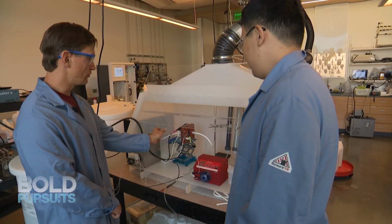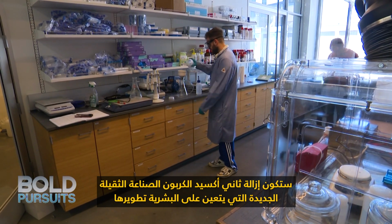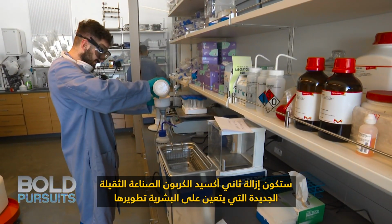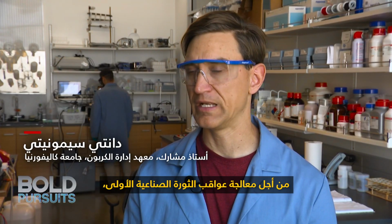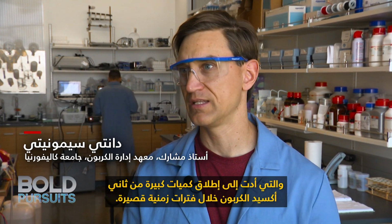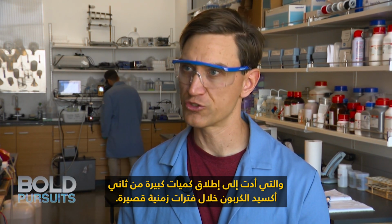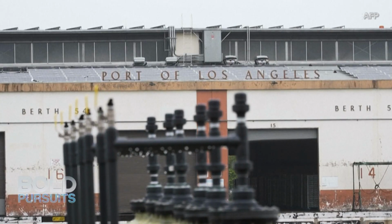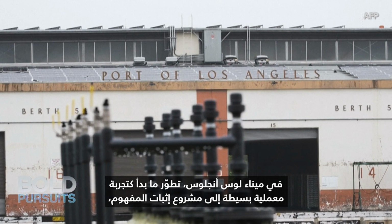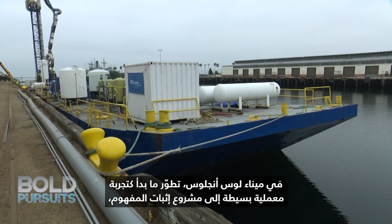This little flat cell represents this definitely will be its own industry going forward. Carbon dioxide removal will be the new heavy industry that mankind has to develop in order to remediate the consequences of the first industrial revolution, which led to the release of large amounts of carbon dioxide over short periods of time. In the port of Los Angeles, what began as a simple lab experiment has evolved into a proof-of-concept project